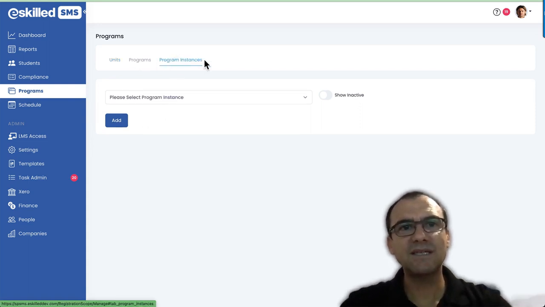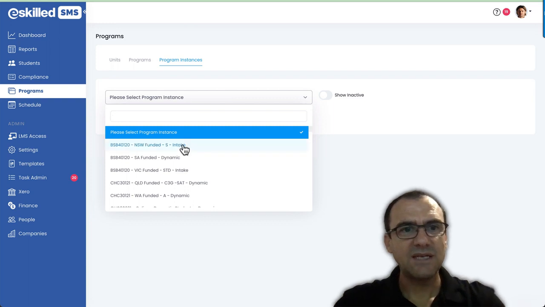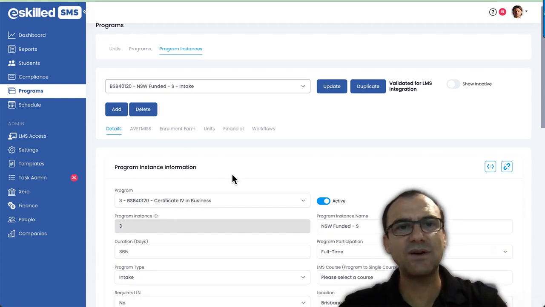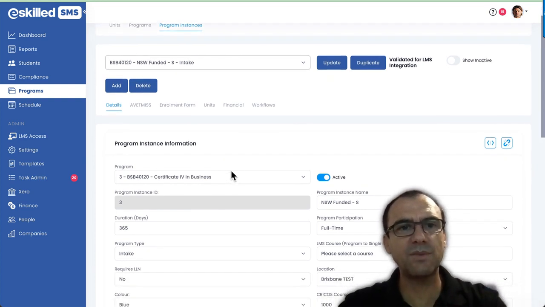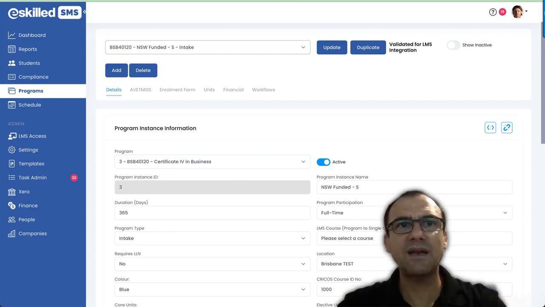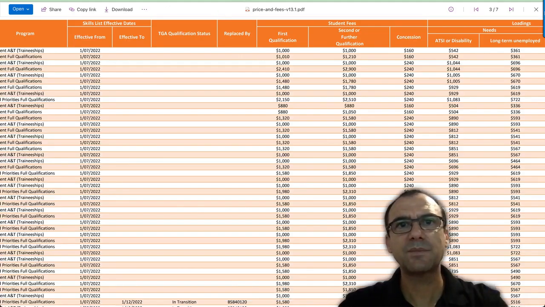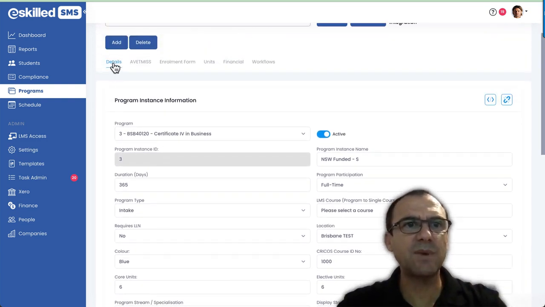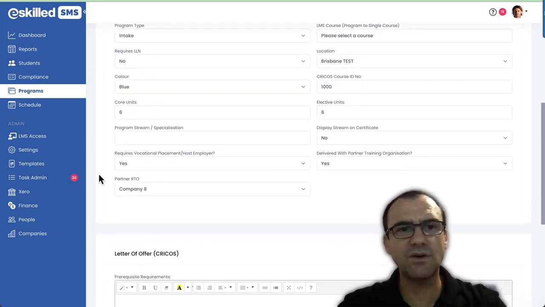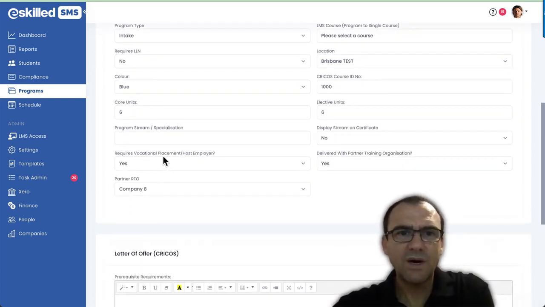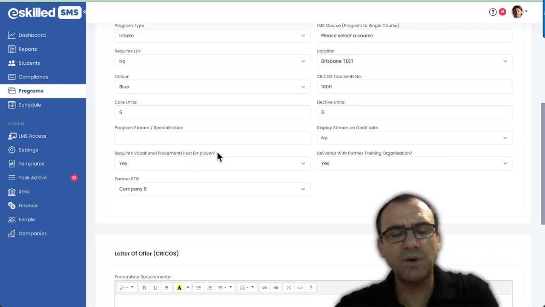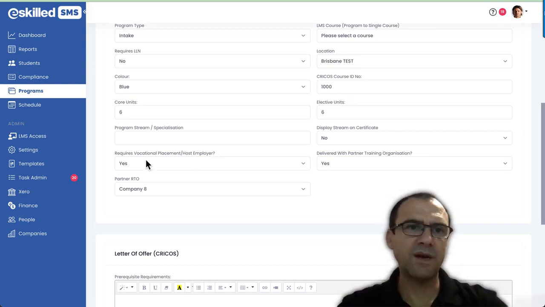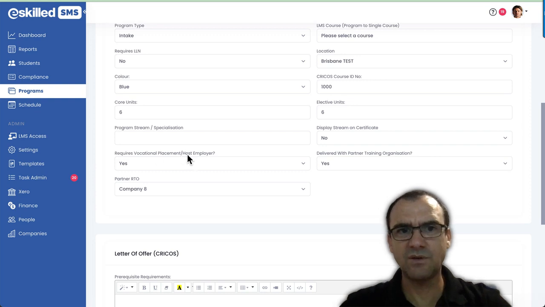Going to go to program instances, and we're going to select New South Wales funded here, and you'll notice we're on the 40120 Cert 4 in Business program that we were looking at in our fees schedule over here. And a couple of things to note on the details page that are relevant to your funded contracts. These fields down the bottom: requires vocational placement or host employer. That's pretty important for traineeships and apprenticeships particularly, or SBAT, school-based apprenticeships, where you need to set that to yes